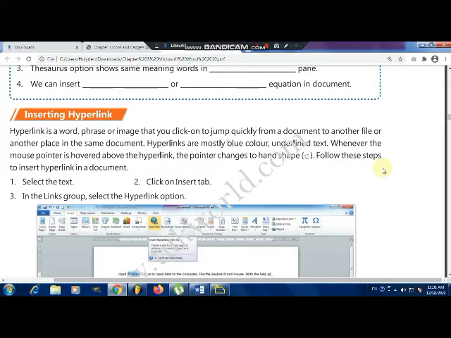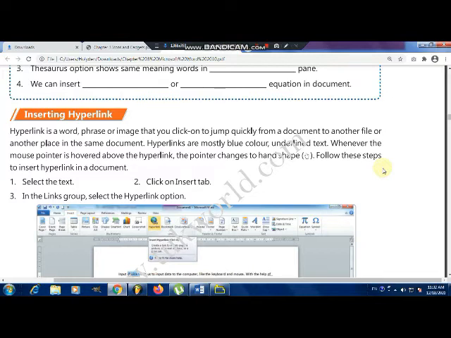In the Insert tab, the Hyperlink and Equation commands are present. So first we are going to learn what these commands are. Let's see first what a hyperlink is. A hyperlink can be a text or an object, it can be a picture or clip art, which contains the address of another program. It can be a web page, website, or any local program or application. And whenever we click on it, it opens that program.